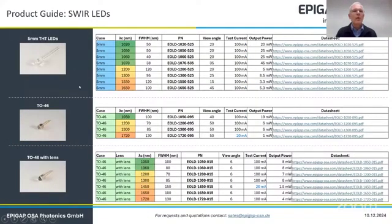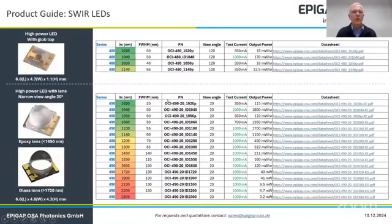To almost complete our product guide here in the SWIR range, we offer these LEDs in the SWIR range also in 5 millimeter THT LED formats and in TO46 with lens and without lens. Again, here's just an overview of the products that we offer in the different wavelengths and view angles and under different test conditions. And now coming to actually what is new in our product portfolio in the SWIR range, it's the extension upwards,